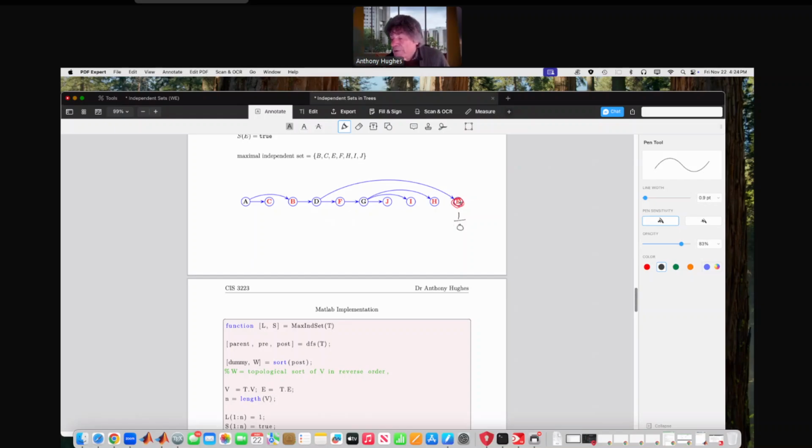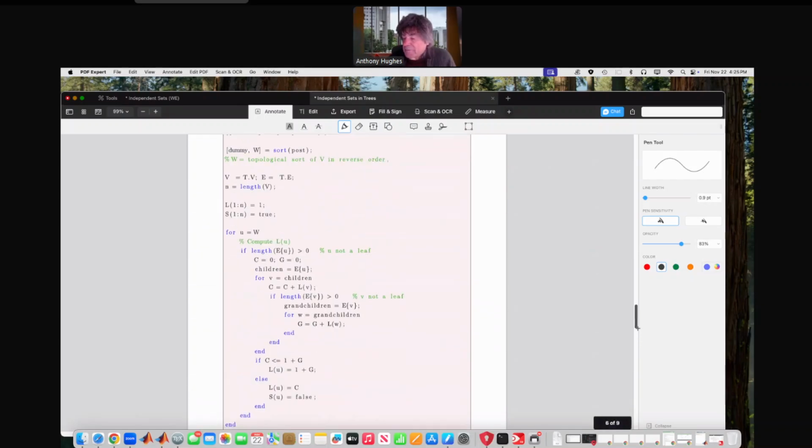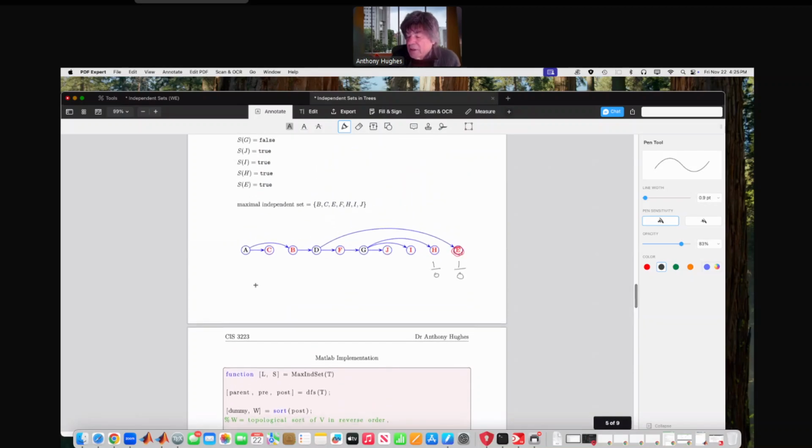So what this says is, if I include the node, I get 1. If I exclude it, I get 0. Again, I get 1, I get 0. Obviously, if I'm drawing the graph, I'm going to have to